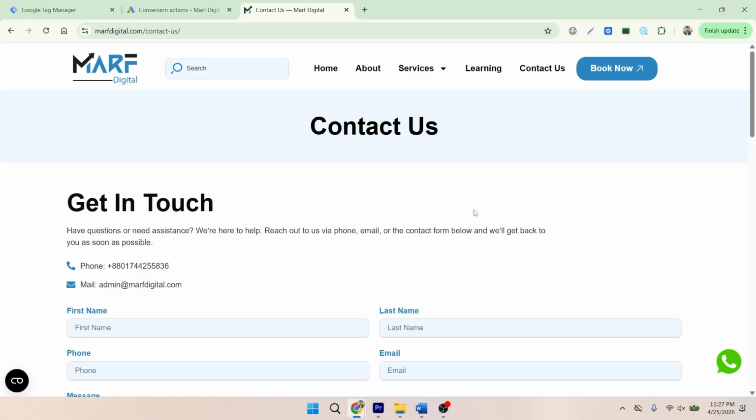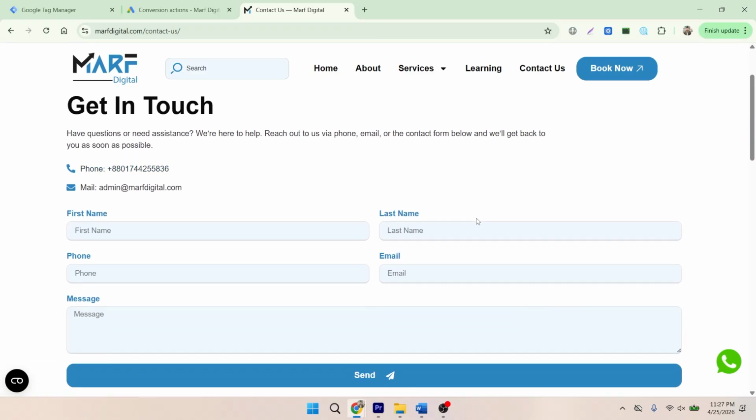You can see this is the lead form I will track, and I will get it as a Google Ads lead conversion. First, let's debug this page's lead form and see how we can capture this lead form with